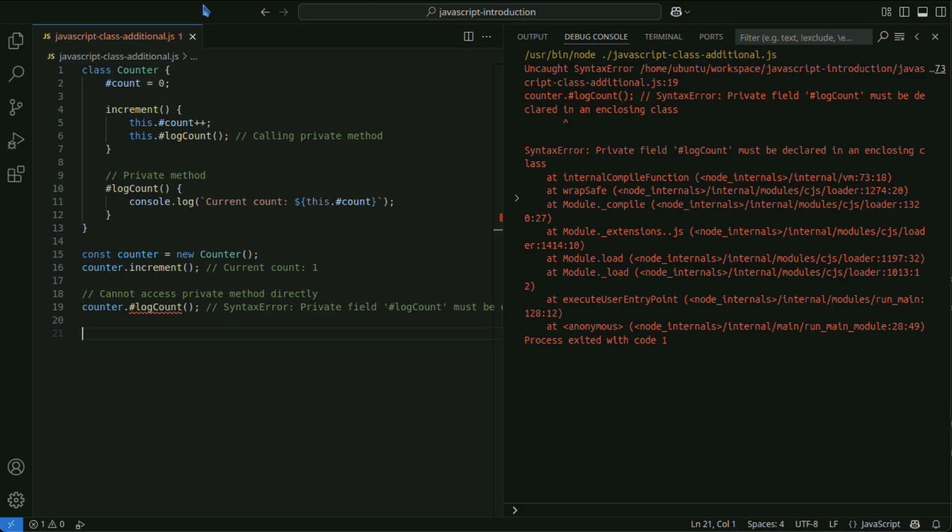Also, the following are some caveats of private properties. Because private fields are completely hidden from outside the class, testing and debugging can become difficult. Therefore, it is important to provide an API that can be thoroughly tested at the design stage. Private fields behave differently from other parts of JavaScript with prototype-based characteristics because they are unique for each instance.